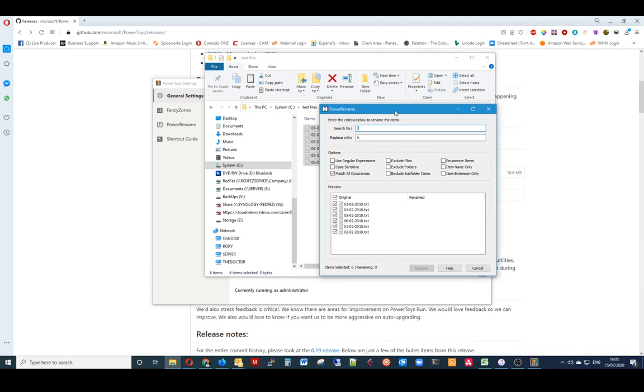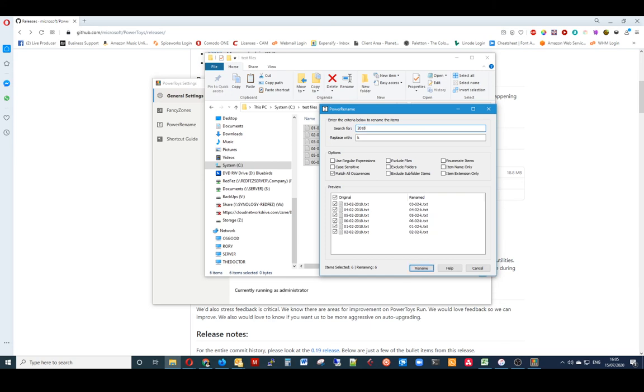Now it's a bit like search and replace. If you've used Word, if you've used Excel, you may well be familiar with the search and replace function. It's here now for your file names. You've got various options on here that allow you to kind of exclude or include things. You can really refine what it's going to change, but this is quite a simple one. I basically want it to look for 2018. Okay, so let's